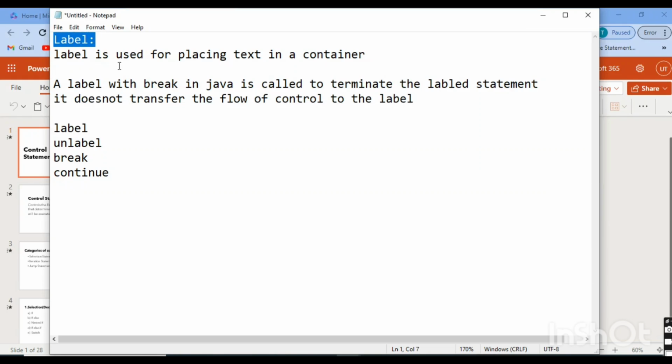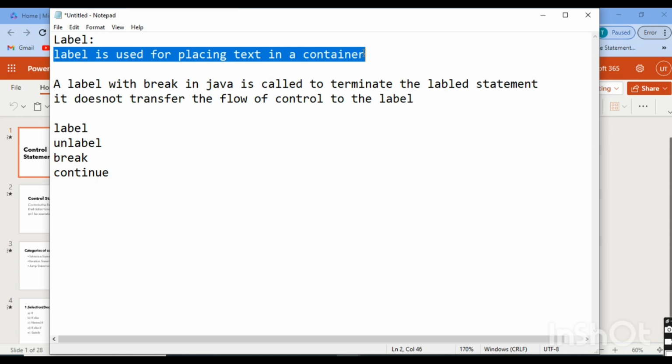Label. Label is used for placing text in a container to display a single line of read-only text. The text can be changed by a programmer, but a user cannot edit it directly. A label with break in Java is called